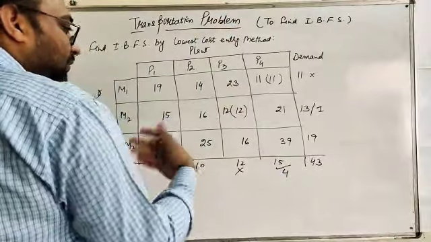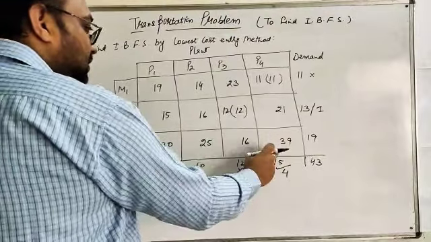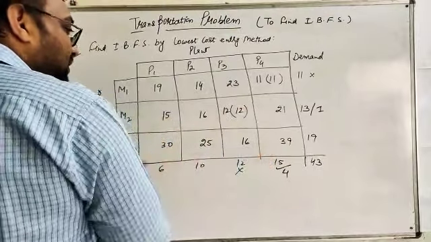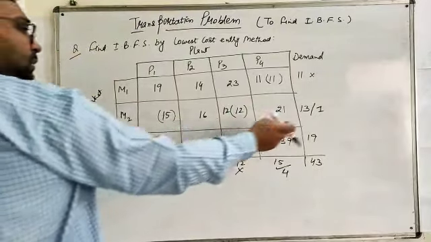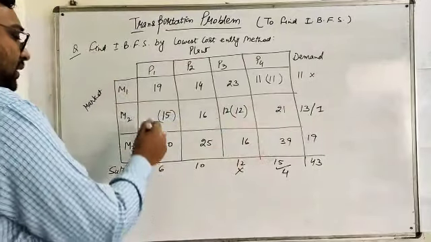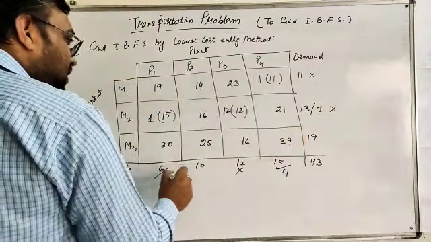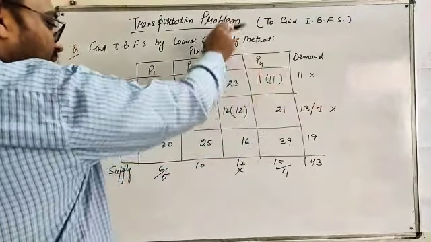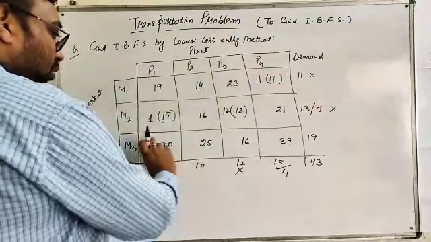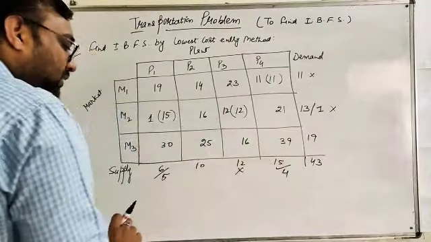Now we again identify the minimum element from these 6 elements. The minimum element is 15. The demand is 1 and the supply is 6. So we fulfill this 1 on this element, and what is remaining? 5. Now this row is also completed, that is, these two rows are completed and this column is completed. Now only these 3 elements are remaining. What is the minimum element from these 3 elements?